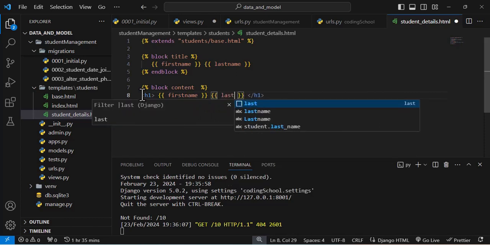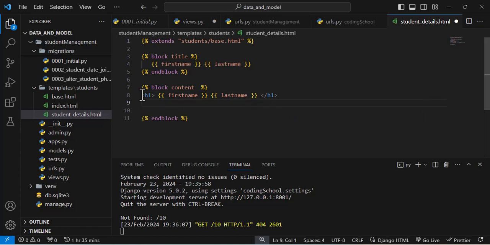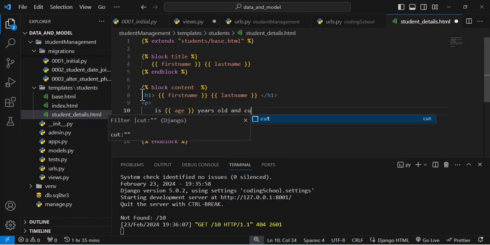Of course this might not be first name, and let me just duplicate this line. I go h2, okay, changed automatically. Let me just display the student age here. Let me just do a paragraph, and I say the age of the student is maybe 40 or 20 years old, and currently,